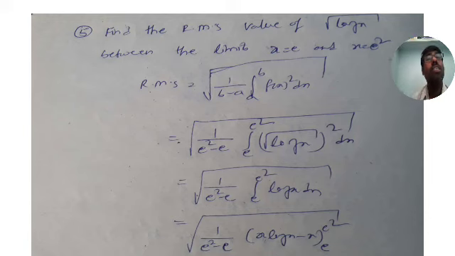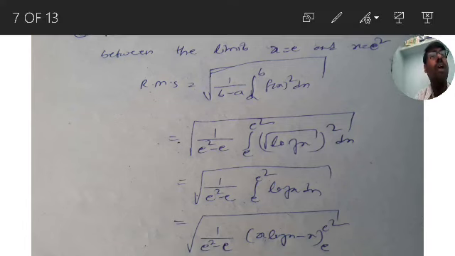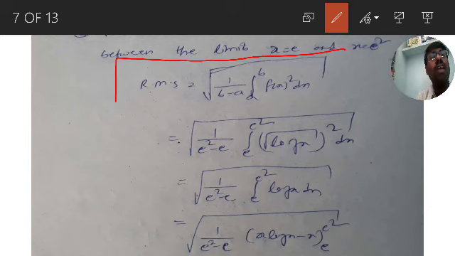So now this is the 5th problem. Find the RMS value of square root of log x from x equal to e to x equal to e square. So what is the function? The function is f of x is equal to square root of log x and limits are a is equal to e and b is equal to e square. Now substitute in the formula. What is the formula? I think by this time you are able to know the formula.